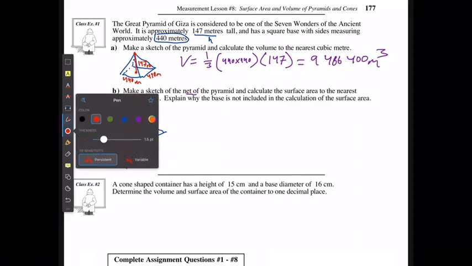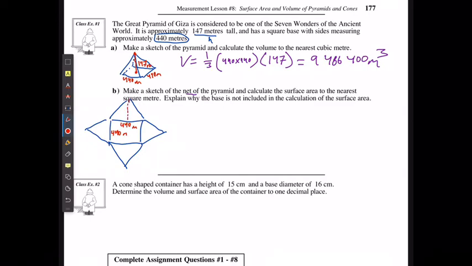Currently, I don't know what that slant height is, but I can solve for the slant height by saying that if I turn this into a right triangle and had the slant height up here, then the slant height squared is going to be equal to half of the base length squared plus the height squared,